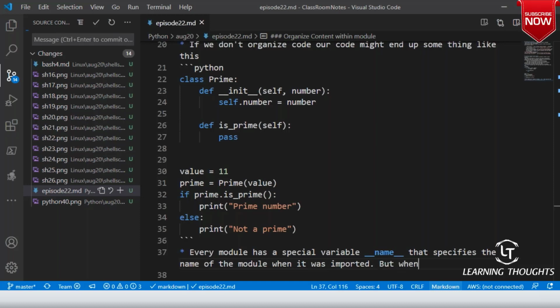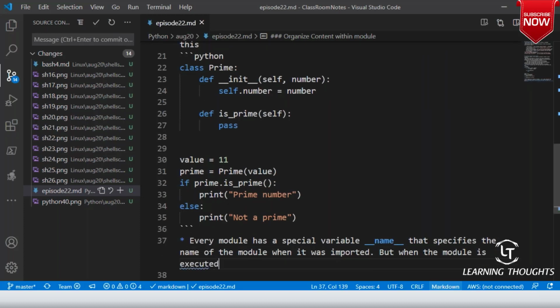But when the module is executed directly, something like python prime.py, is there any import happening?